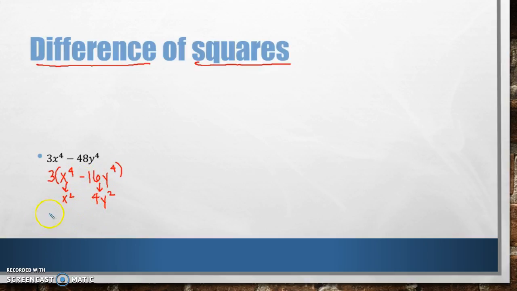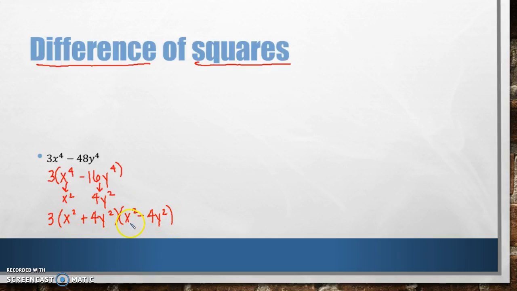So then I'm going to plug it into the pattern. So I've got my 3 on the outside. It's still part of my answer. And then x squared plus 4y squared and x squared minus 4y squared. Again, always look to see if you can keep going. For addition, we don't have a pattern, so I can't break this one down anymore, but let's look at the